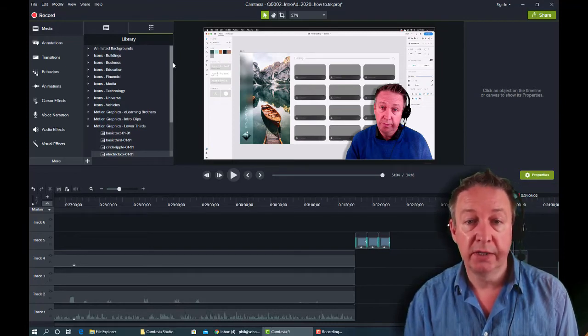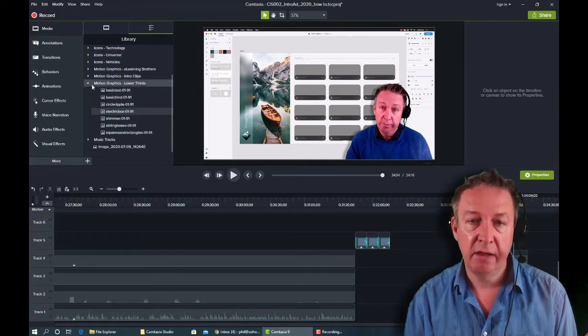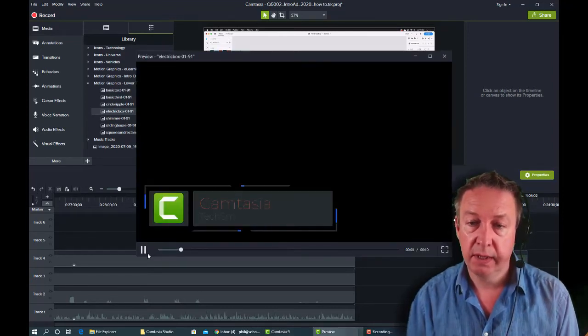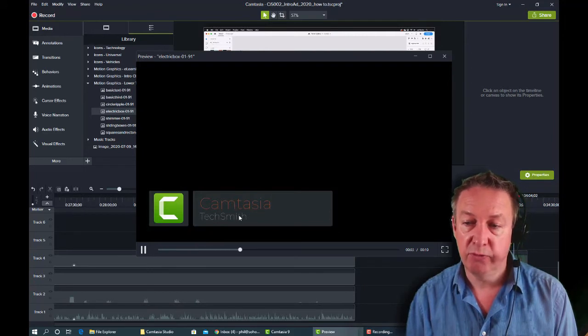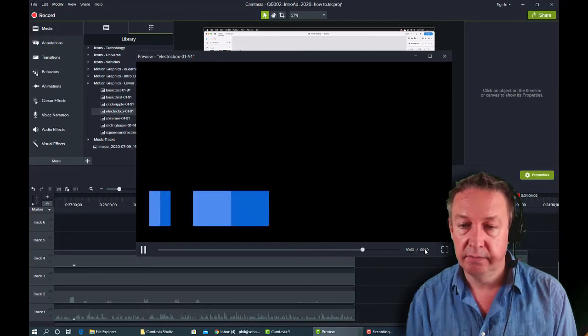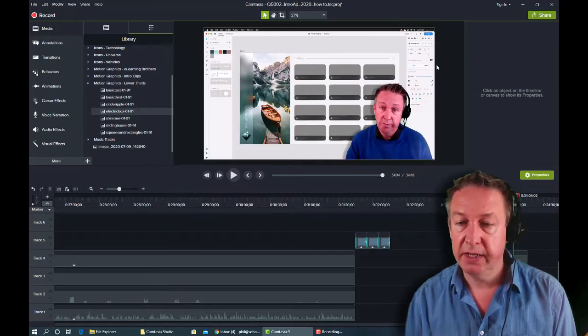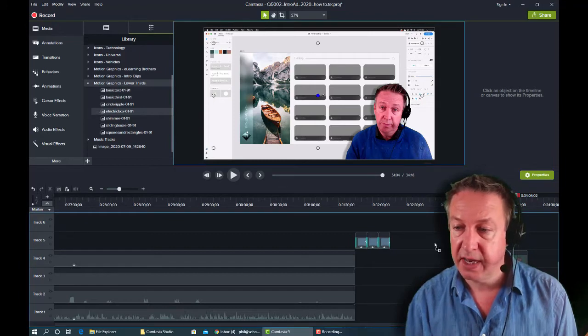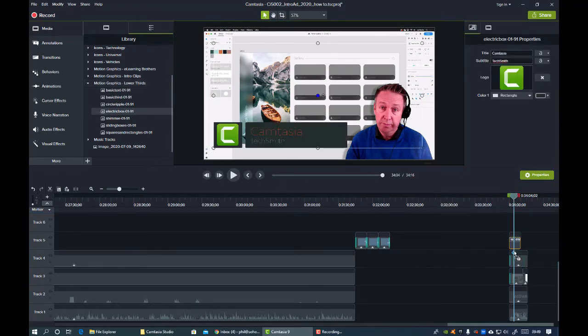But I want to bring in some lower third graphics, motion graphics. So down here, motion graphics, lower thirds. I'm going to use this one called Electric Box. Now you can preview them by double clicking, and it will play them for you in the little preview window. It lasts 10 seconds. You can make it less than that, and then it animates off. But that's what I'd like for a name super, and I'm going to take this, click on it, drag it down, and drop it over the top